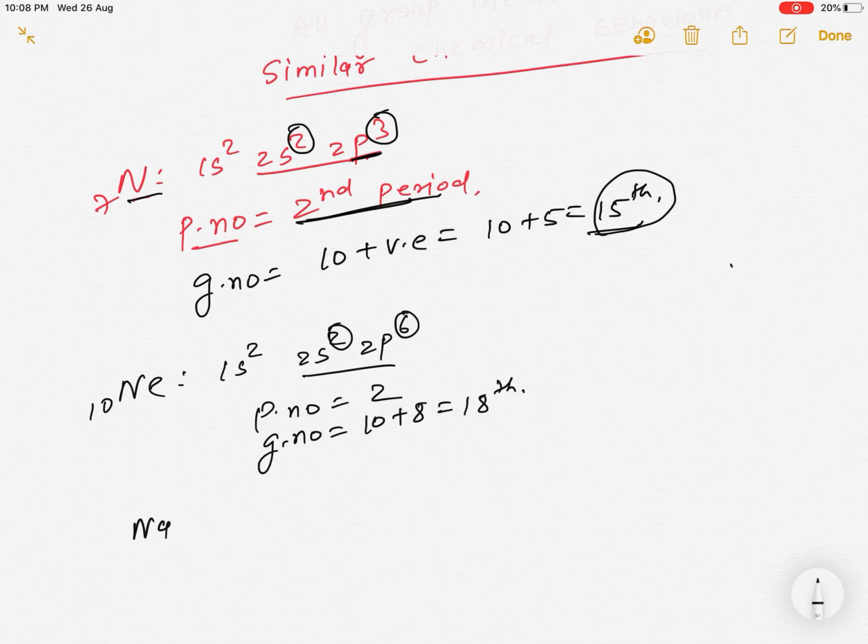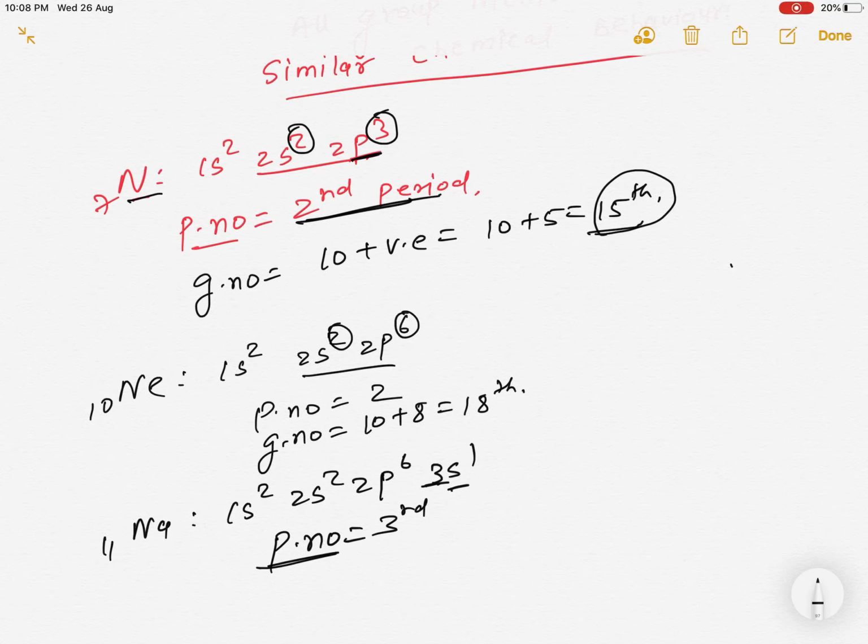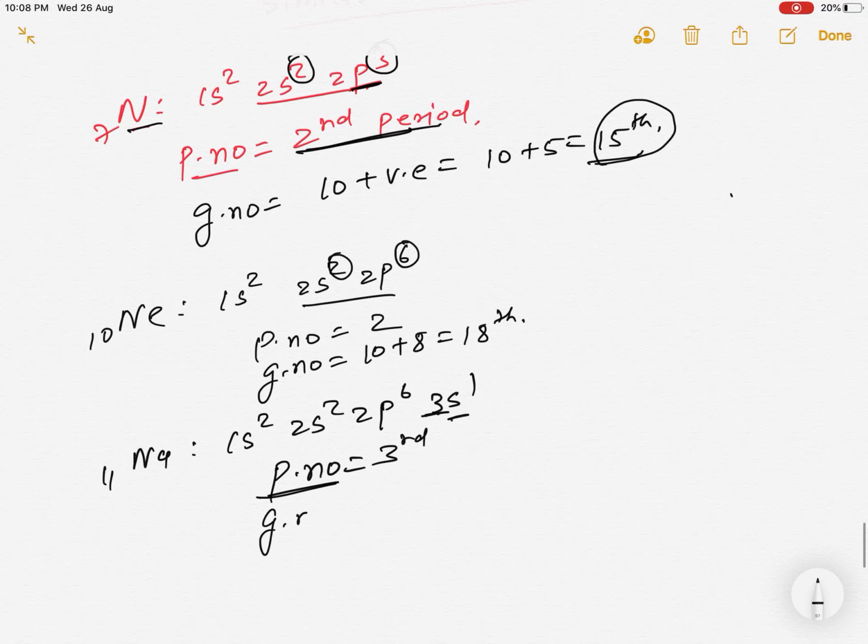Let's take one S block element also. Sodium, 1s2, 2s2, 2p6, 3s1. It's an S block element, we see that. But there is no role of block in finding the period number. All that you need for the period number is the valence shell. The third shell is the valence shell, so third period. Sodium belongs to the third period. For the group number, since it's an S block element, the group number will simply be equal to the number of valence electrons, 1. Go to the first group and the third period, and you will find sodium over there.